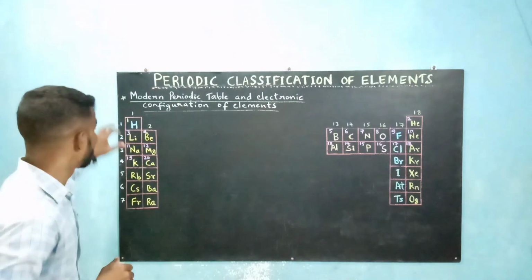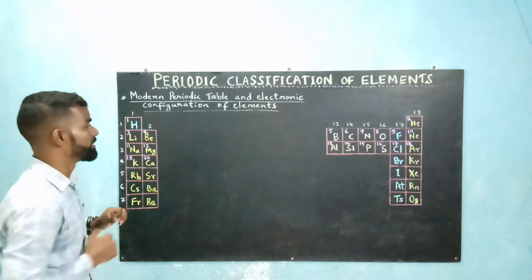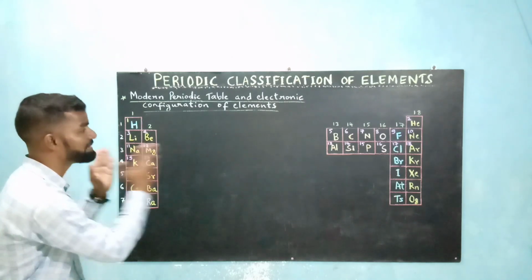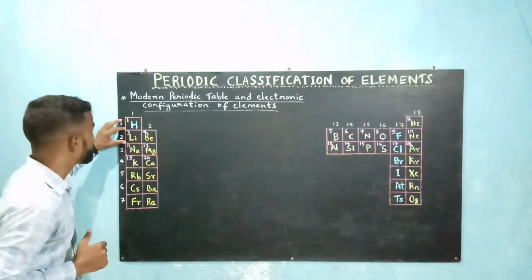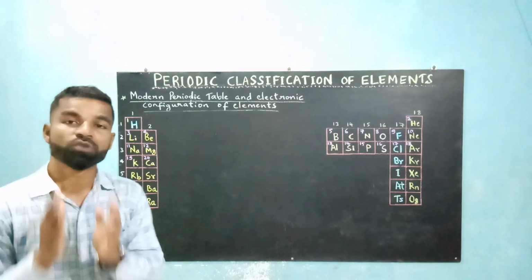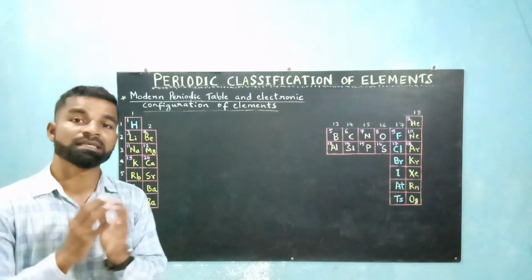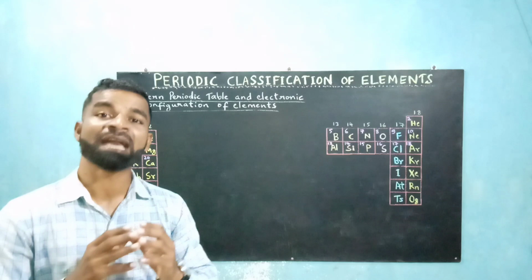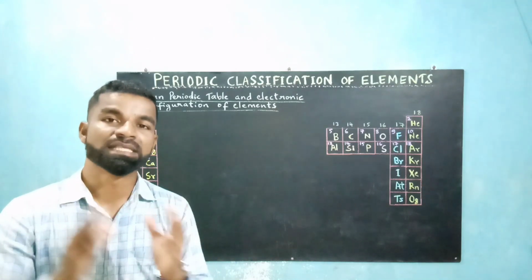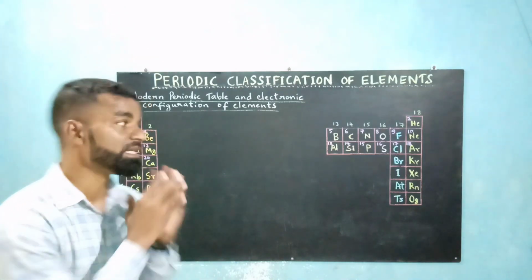Take for example lithium and oxygen, which are in the same period but are distant from each other. Lithium is a metal, oxygen is a non-metal. Lithium is solid, oxygen is gaseous in state, and there are many other differences in the physical and chemical properties between these two elements.